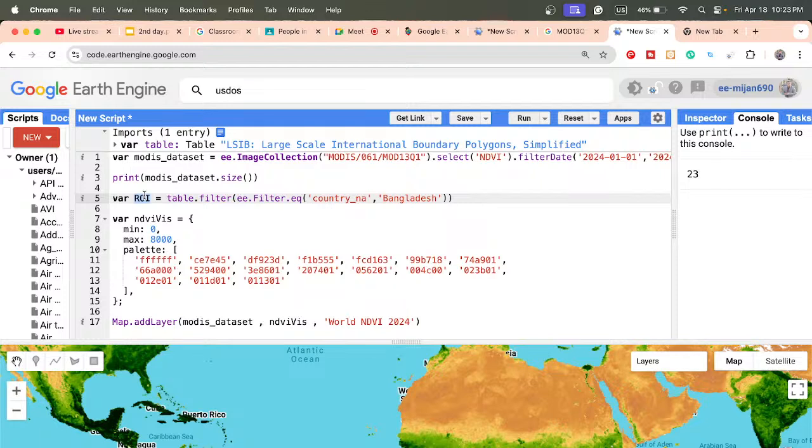Okay, I want to display the map for distribution, the high temperature, low temperature, this type of thing. For that, I already imported the Dhaka city boundary in here. So now reduce this image collection. I want to calculate, suppose, average